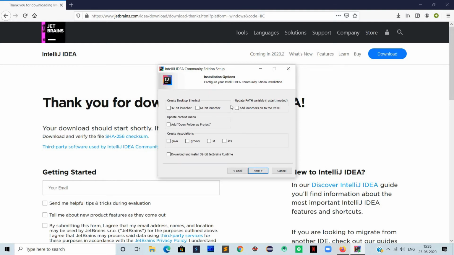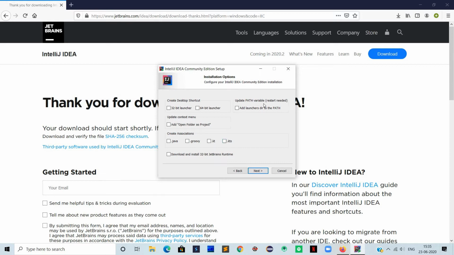Here are some options which are required to configure IntelliJ IDEA. If you want to create a desktop shortcut, then click either 32-bit launcher or 64-bit launcher. If you want to update your context menu, then select this option, add open folder as project. If you want to create associations for Java, for Groovy, for Kotlin, then click these options.